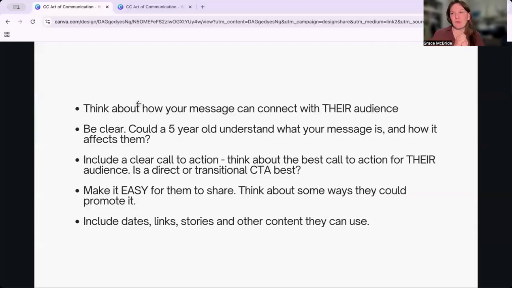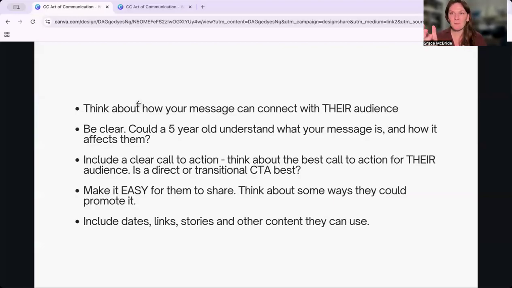So if you think about them being really busy too, and not wanting to ask them to go and create things for you, what can you give to them to make it easier? If you know they've got a newsletter, could you write the paragraph up for them, and include any links or information or images that they might need to make that really easy for them to do?